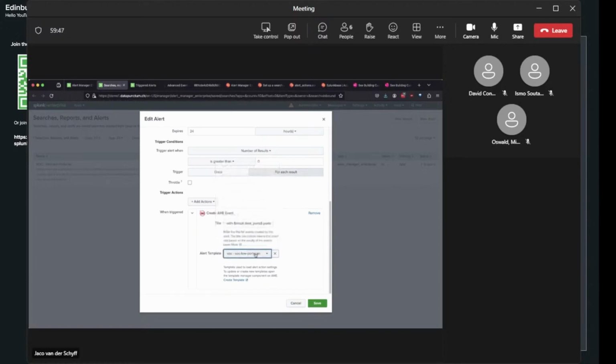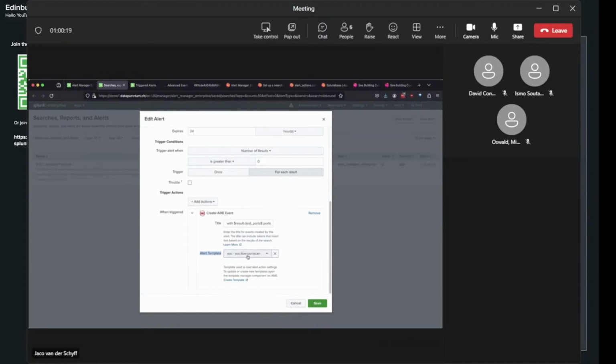And the reason why we have this templating system is that in the GUI and dashboard options, when you get into development of alert actions, there's not a lot of opportunity to create additional fields. The configuration ability within the specific modal view with Splunk is quite limited. So how we get around that is we allow customers to build a template, and then based on that template, we can set certain parameters.